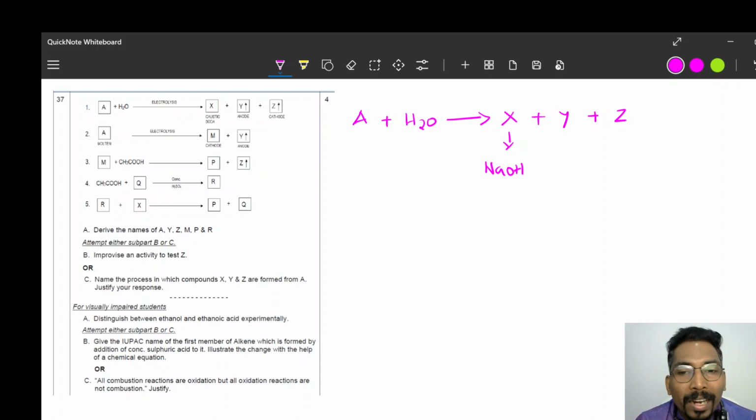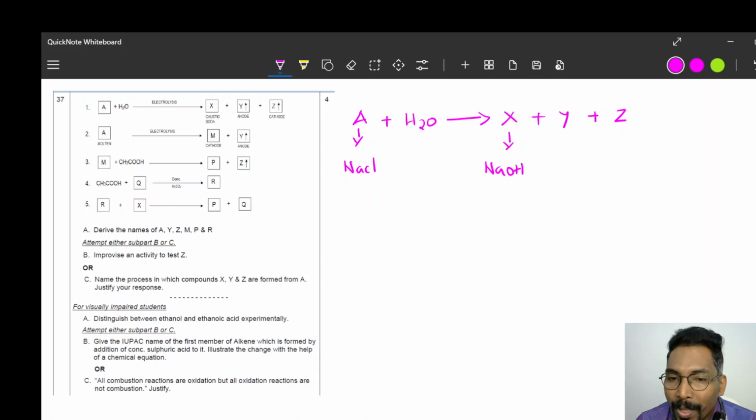So this is the chloralkali process, which is done by electrolysis of brine solution. I hope all of you remember. So what is A? A is NaCl. So NaCl plus H2O gives NaOH plus